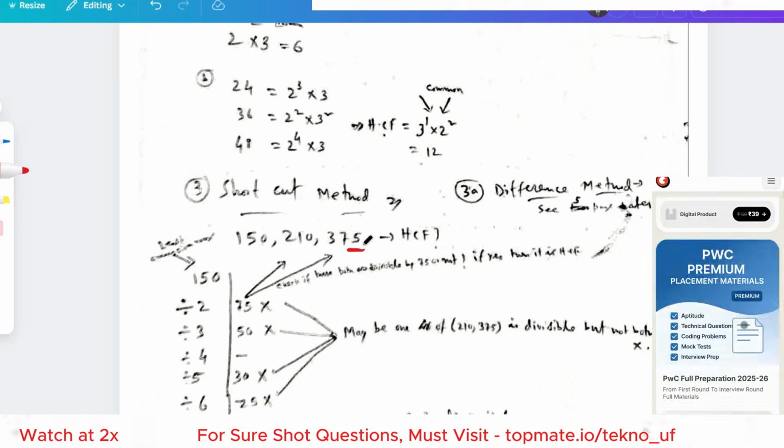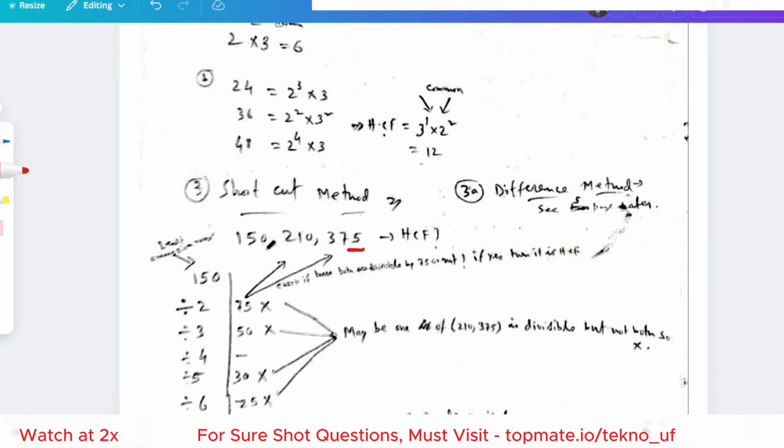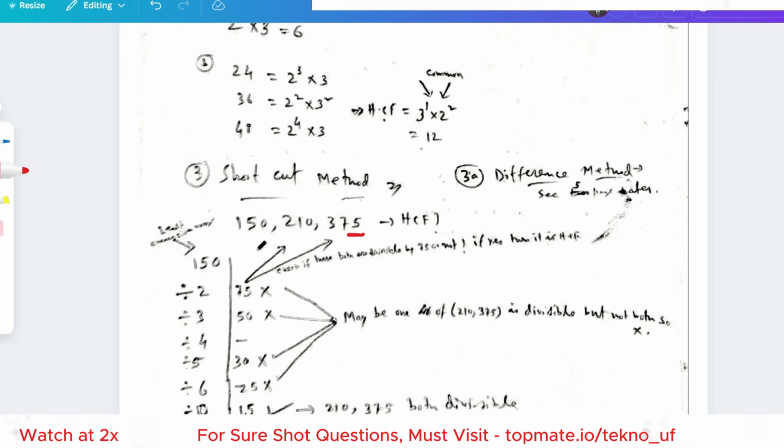But what is the shortcut trick, like how can you proceed? So while solving using pen and paper, do this. You can start with the greatest number you can assume or realize in your mind. Let's say here we started with 2, but you should not start with 2, because you have already seen that 5 is at the end, so start with 5. So 5 can divide all. Yes, 5 can divide all, but